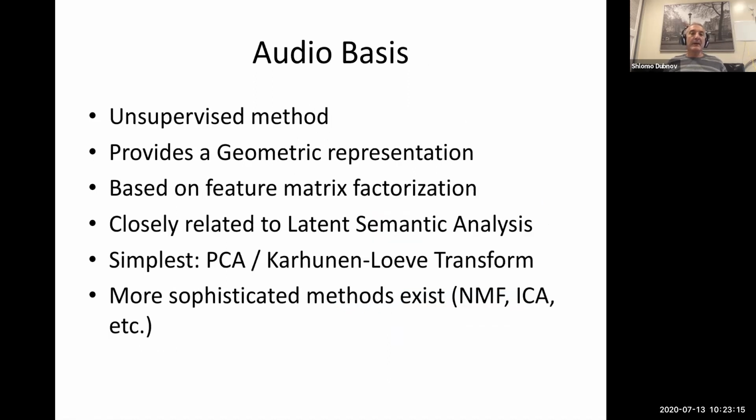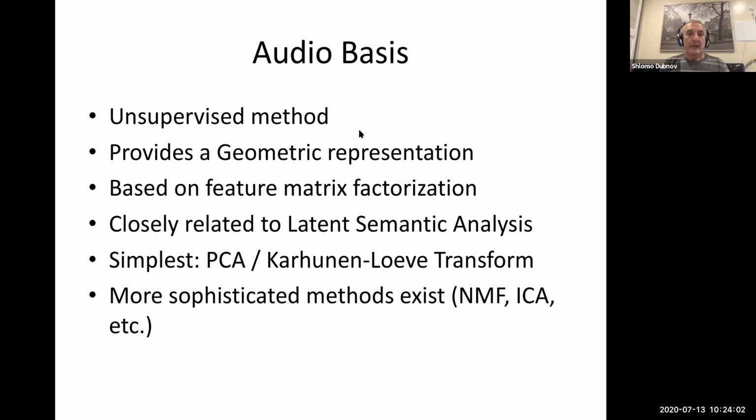So the idea of finding a statistical representation of audio is not new. Actually, there is a term called audio basis, which has been practiced a lot in music and also in audio encoding and compression, unrelated to neural networks. The idea of audio basis is that it's an unsupervised method, so you don't have labels to drive your optimization. It provides some kind of geometric representation of audio, a little bit like the Fourier transform, but it will be learned instead of designed with a